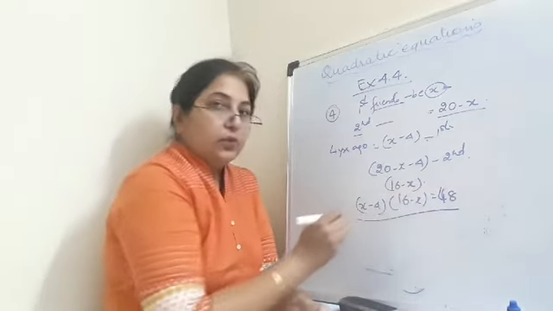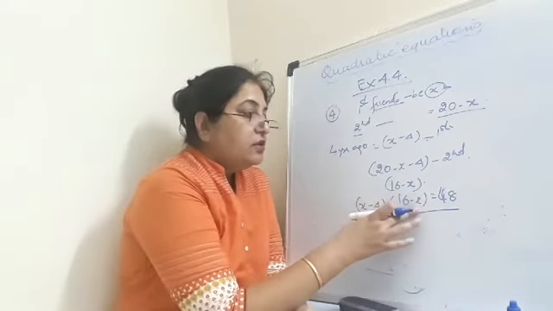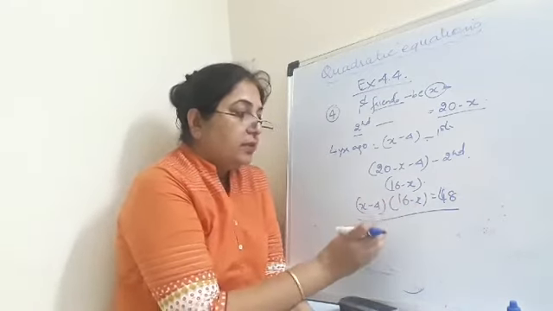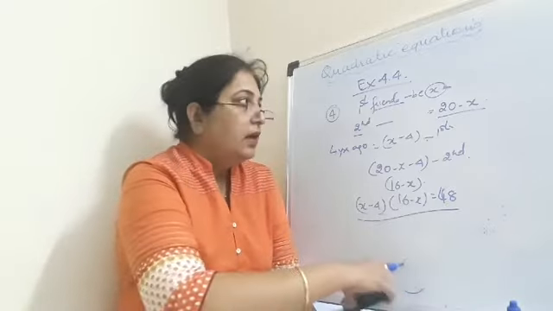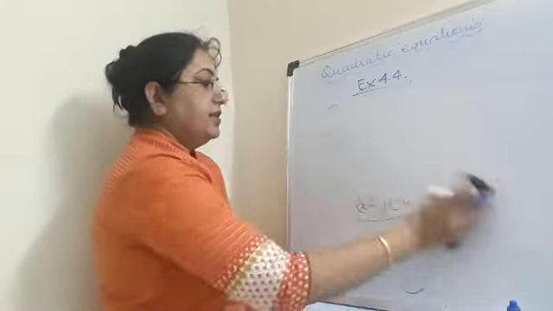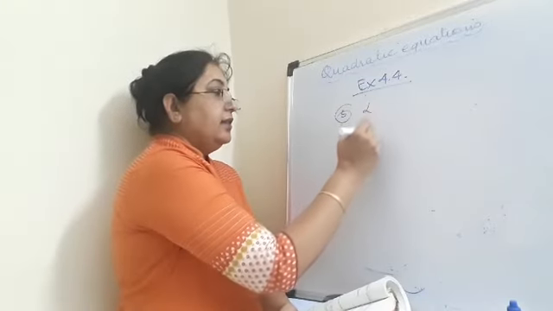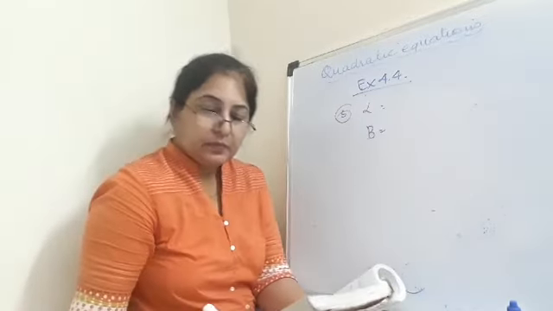So they are asking you, is this situation possible? So you will multiply these two, and when you solve it, if you get a proper answer for x, that is a positive answer for x, it means this situation is possible, or otherwise you can write no, this type of situation does not exist. Okay, this is question number 4. Similarly, question number 5 is also based on length and breadth. It says, is it possible to design length and breadth, dimensions are given. The dimensions are